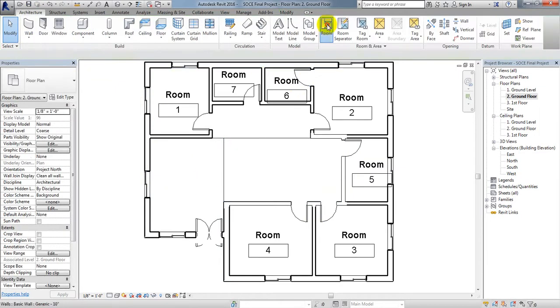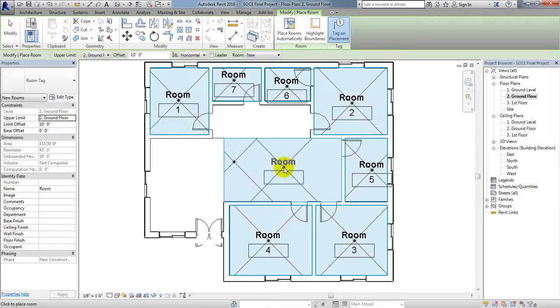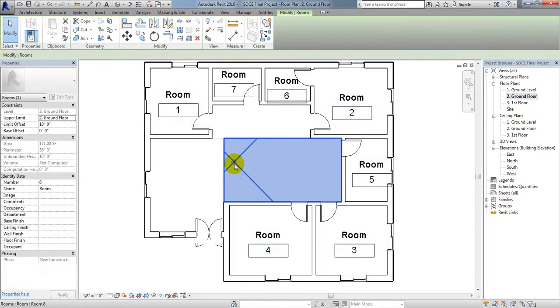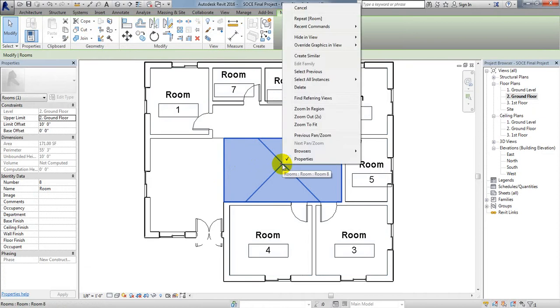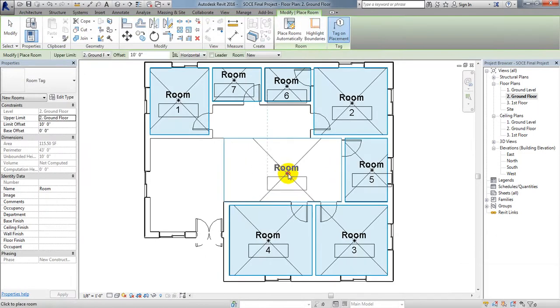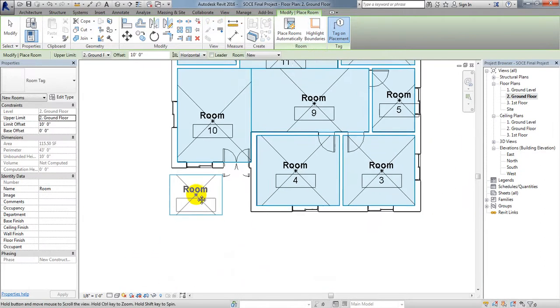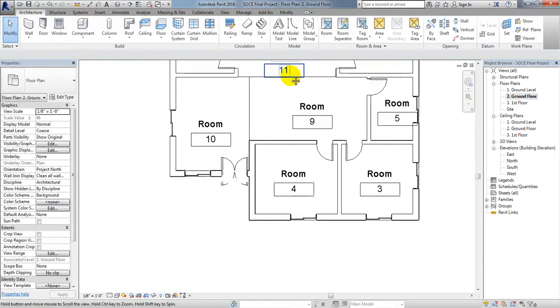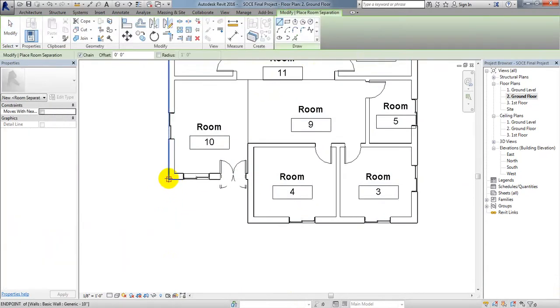So here now what we'll do, we'll again come here to room. Just see, now we can move it here, and I hope we can rename it. We can rename it or we can delete that. So after that what we'll do, I'll again go here to room. Here I'll give a portion, and here, so just see I have divided. And also if you want the room separator, if I click, so here with respect to that point,